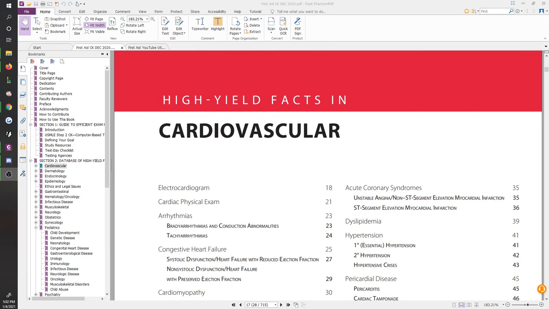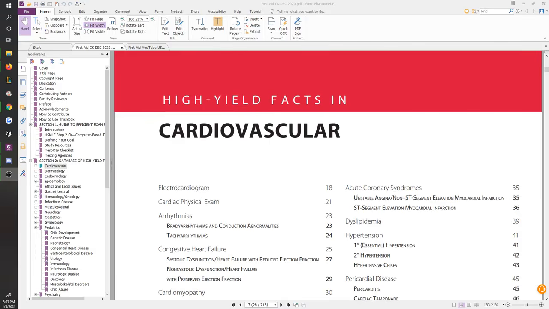So that being said, cardiovascular definitely is one of those topics that I am very comfortable with. I have a lot of rotation experience with that, as well as a lot of experience just in general from studying and doing practice questions and so on. I've also been part of many research moments ever since I started working as a clinical research coordinator here in New York at Montefiore Hospital. So there's a lot to know.